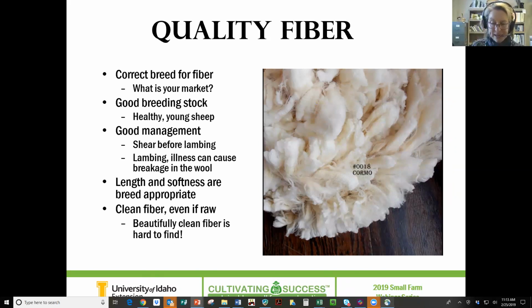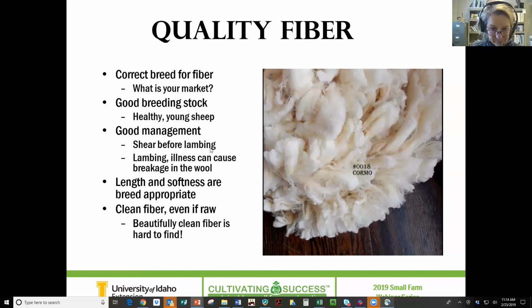kind of a ping, but if it sounds like crackle pop, like all those hairs are breaking, I mean, surely you can pull hard enough to make it break, but it shouldn't break. This doesn't have any breaking noise at all. But sometimes that's happened. I'll find a fleece that I think is really beautiful, and I'm like, oh no, this fleece has a break in it. This sheep, unbeknownst to me, got sick and has a weakness right in the middle of those locks. It's garbage. It's going to go into a different pile. I can't sell it to hand spinners.